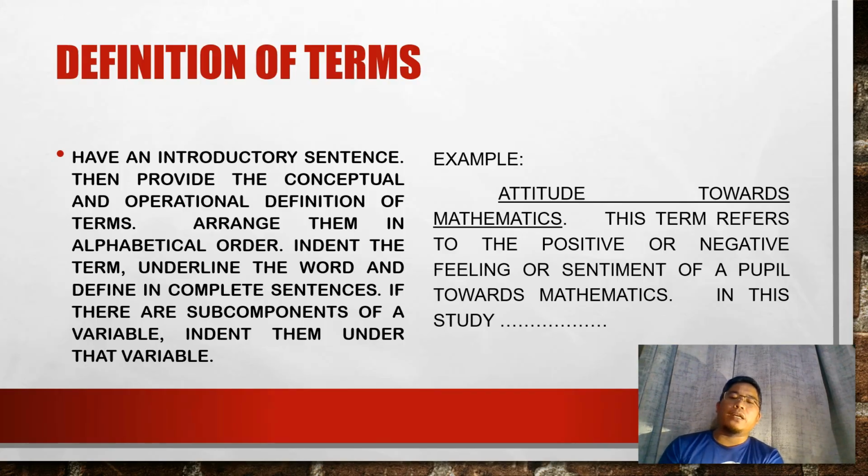Example here, attitude towards mathematics. In this term, the three words attitude towards mathematics, there will be a specific definition of that. So example here, this term refers to the positive or negative feeling or sentiment of a pupil towards mathematics. So we will not give a definition on each word, but then again, the relation